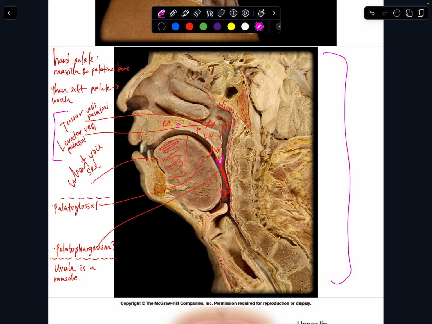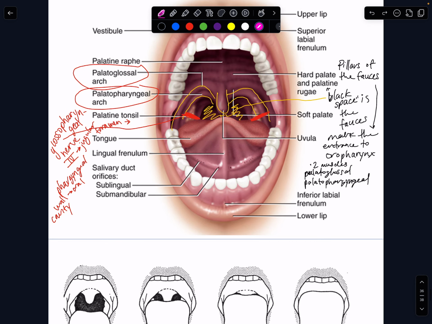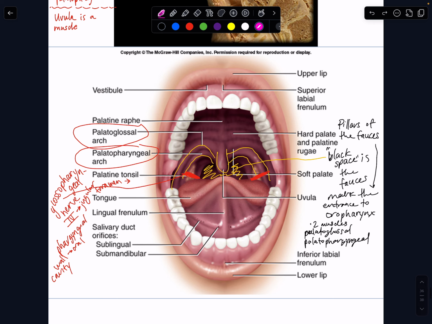Tensor will go up and down. Levator will travel a little bit like this. What they do is they lift this area of the nasopharynx upward and bring this palate upward as well. They're very, very small, very delicate. So we will be looking for those and these guys here. So we're basically looking for a variety of small muscles within this tiny nasopharyngeal and oropharyngeal